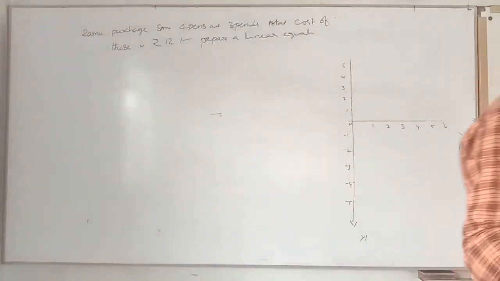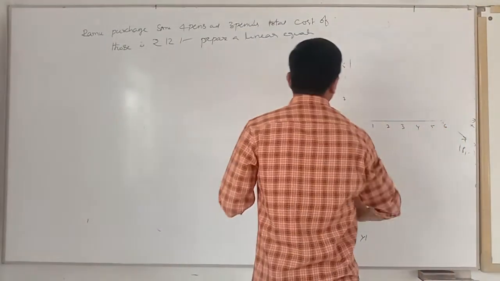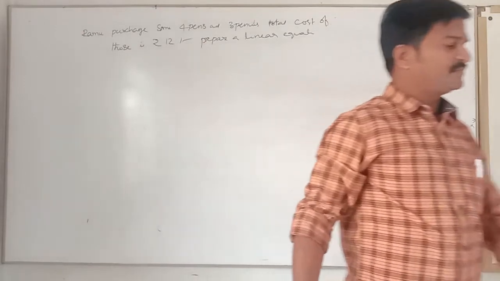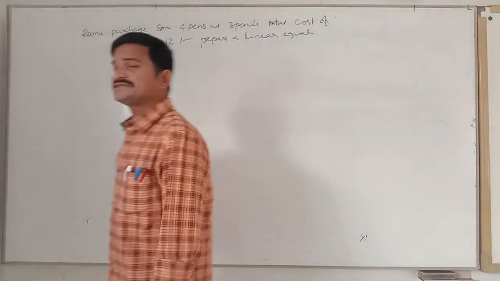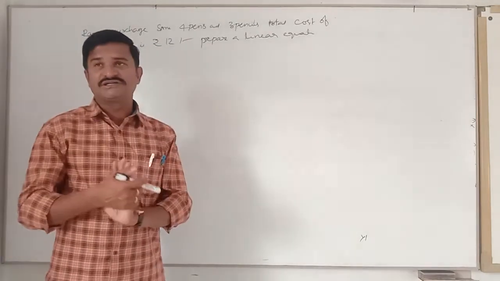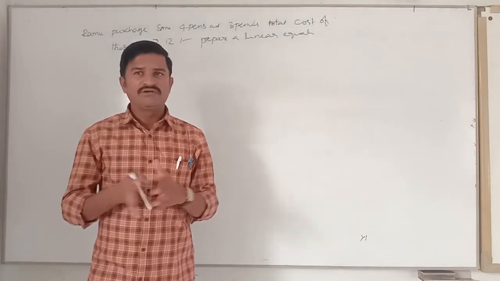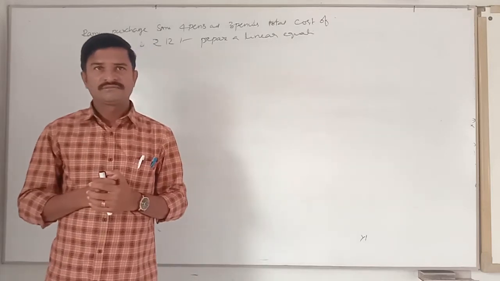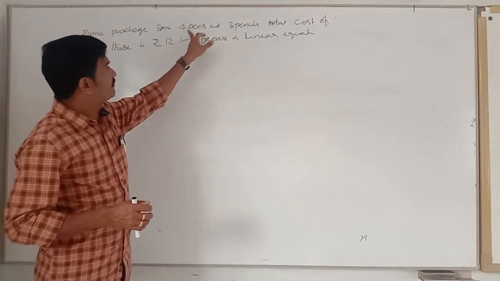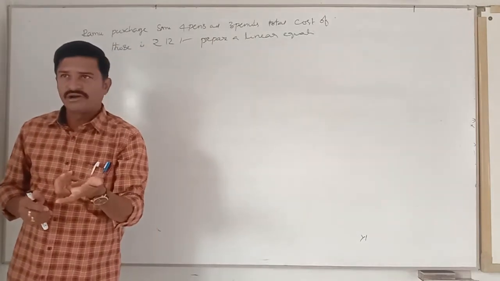Who is there here? One boy, Ramu, is there. Let us take him, no problem. Whoever it is does not matter here. Here he purchased 2 things. What are the things he purchased? Pens and pencils. How many pens does he purchase? 4 pens. And how many pencils did he purchase? 3 pencils. And how much amount has he given to the shopkeeper? 12 rupees. So how will you prepare that? Are you clear or not? So 12 is the cost of both 4 pens and 3 pencils, no? Then how much is the cost of a pen and how much is the cost of a pencil, we don't know.